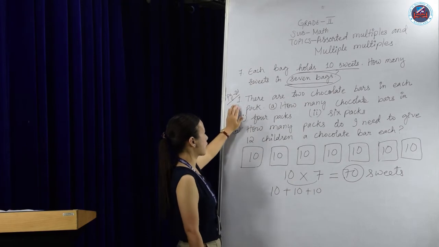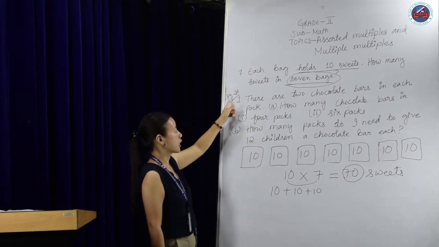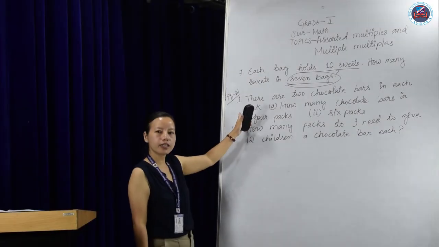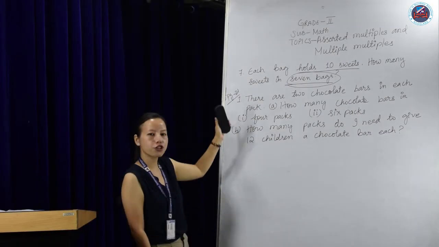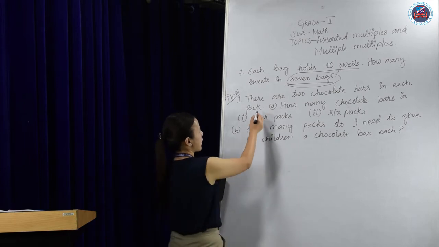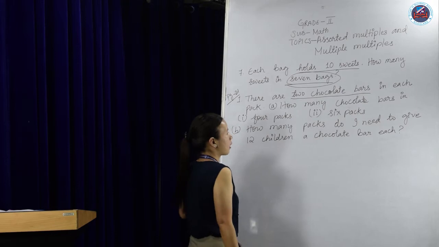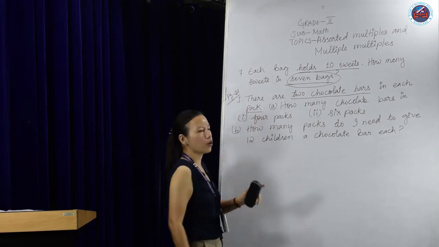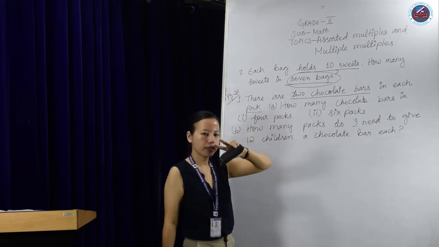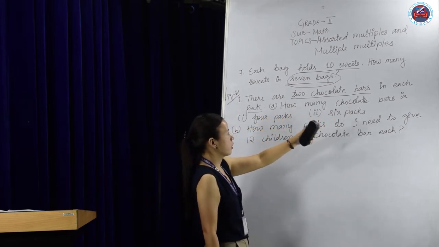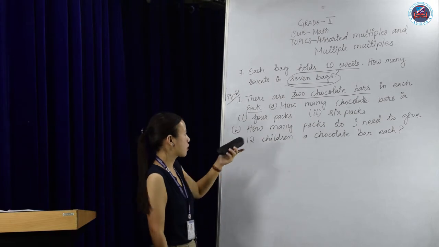Now let's go to the next question, that is from your exercise page number 21, the first question. So let's start with question number 1 from page number 21. It says there are 2 chocolate bars in each bag. In one bag, there are two chocolate bars. Now here it says, we're going to find out how many chocolate bars